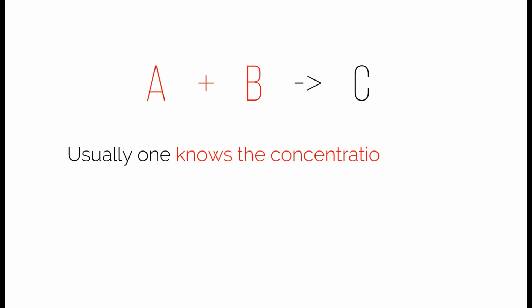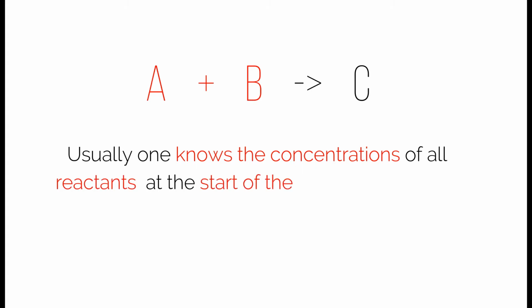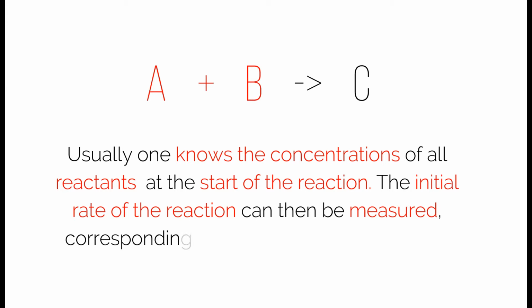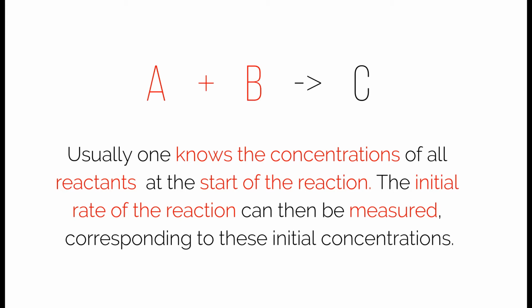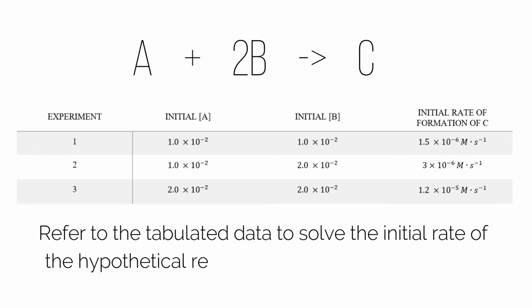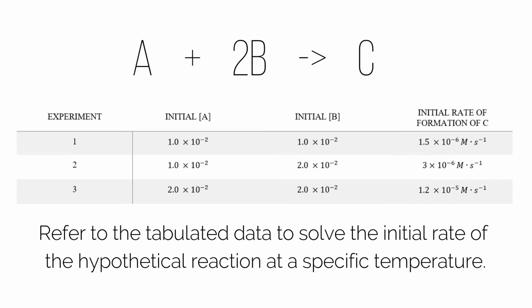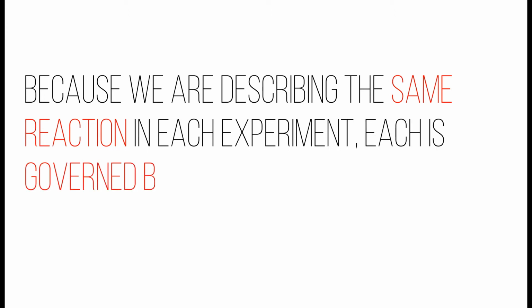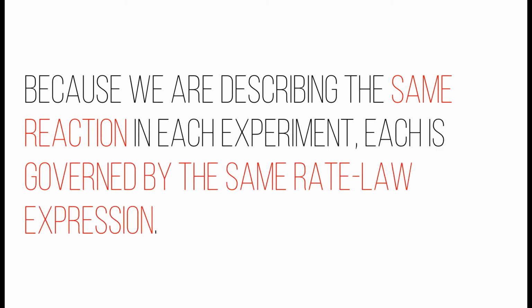The method of initial rates is used to deduce the rate law from experimentally measured rate data. Usually, one knows the concentrations of all reactants at the start of the reaction. The initial rate of the reaction can then be measured corresponding to these initial concentrations. For example, refer to the tabulated data to solve for the initial rate of the hypothetical reaction at a specific temperature. Because we are describing the same reaction in each experiment, each is governed by the same rate law expression. This expression has the form: